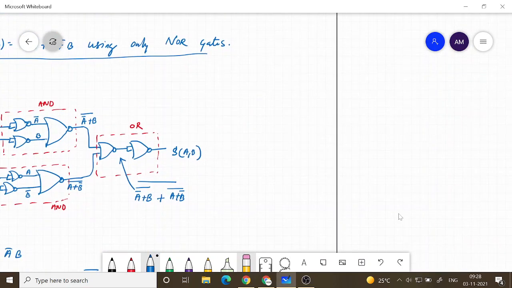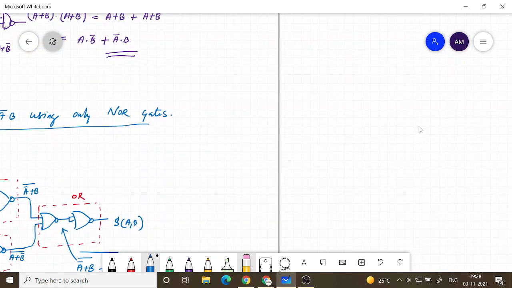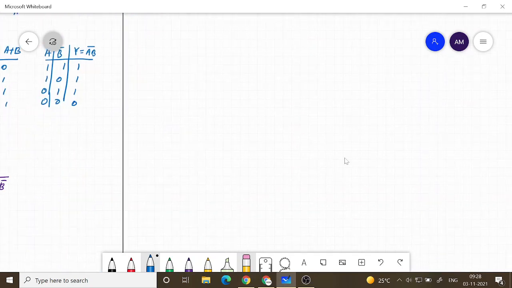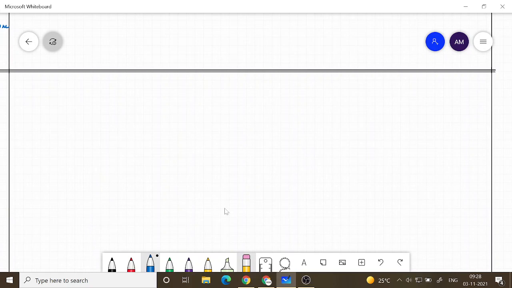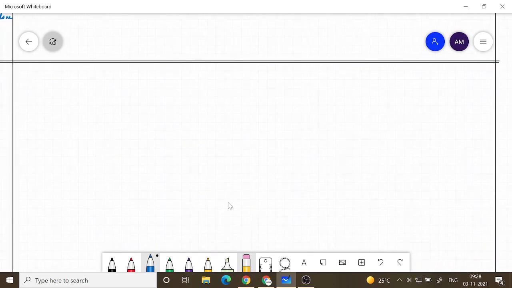Now one more way you can go about with NOR gate implementation, which I would also like to show. You have to go back to the truth table. So let's go back to the truth table of this half adder, A, B and S of AB.